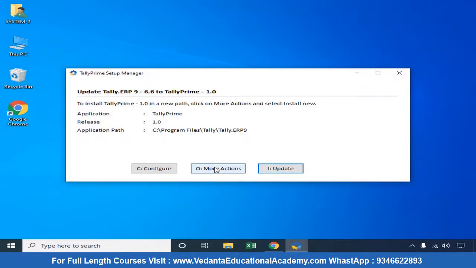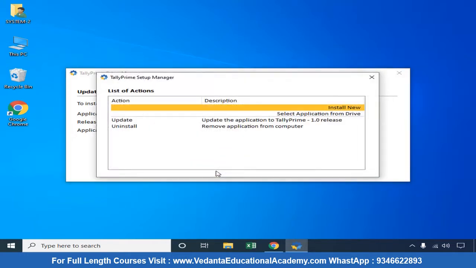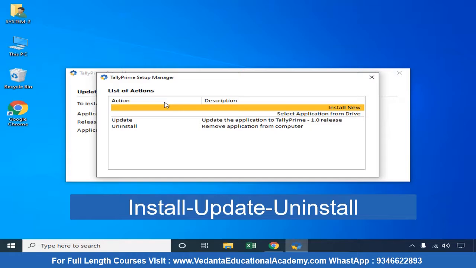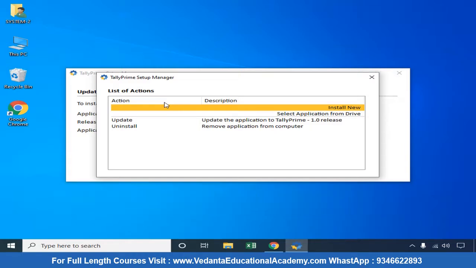Next, for more options, you may click on more options. In the more options, you can see whether you would like to install, update or uninstall. Yes, by using this single setup manager, you can install Tally Prime, and you can also uninstall Tally Prime. That's what it is.